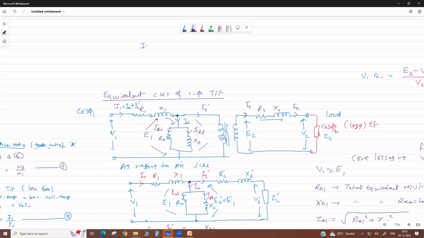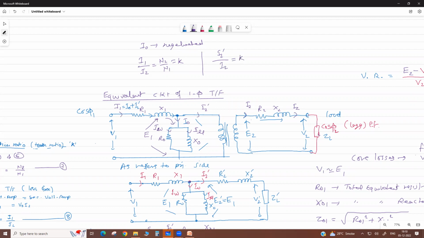If we neglect this I0, then your I1 by I2 equals to N2 by N1 equals to K. Okay. So this we can write, this becomes I2 dash by I2